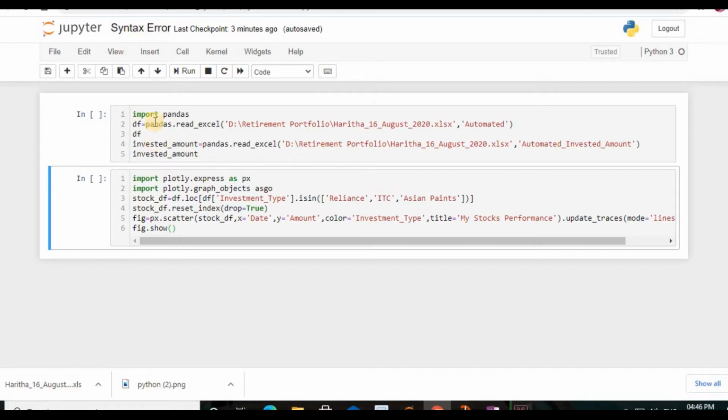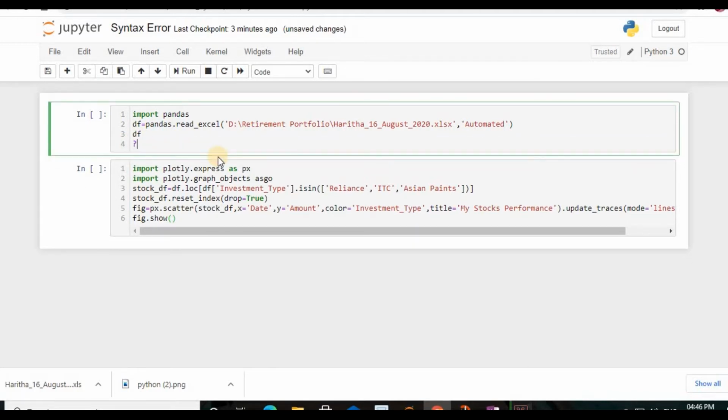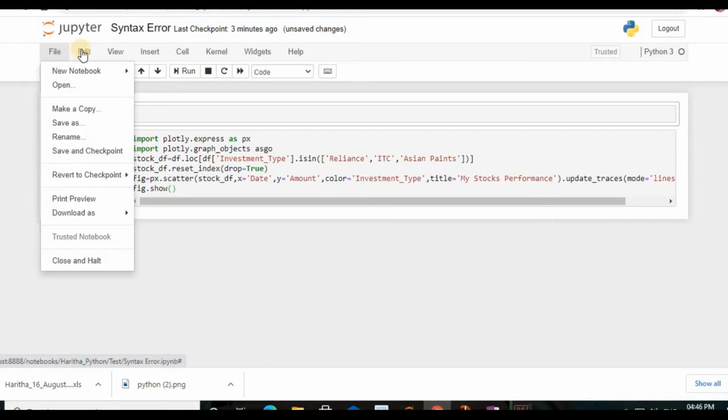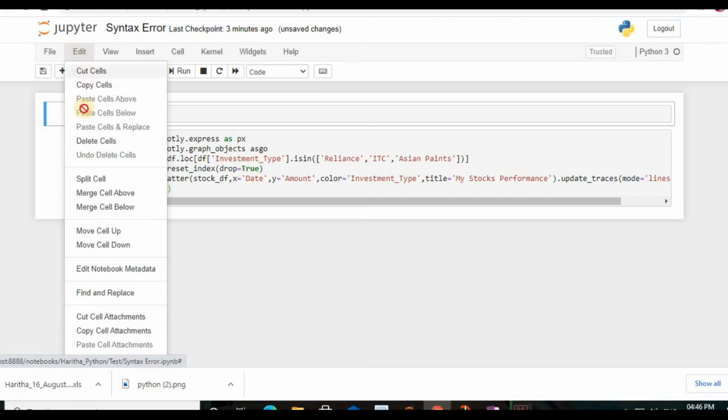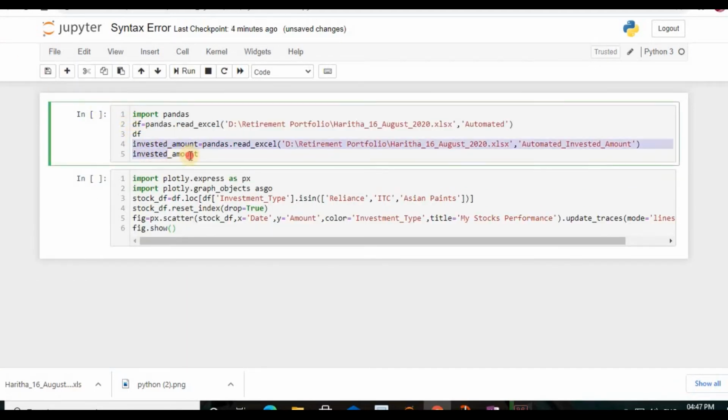I just want to execute each and every statement. So we can press Control and forward slash; if you do, the line will come under the comment section.